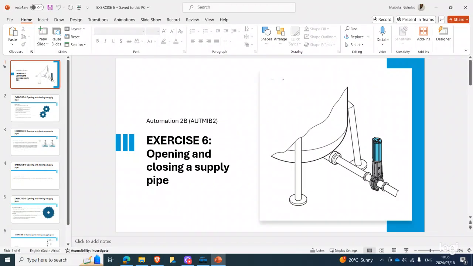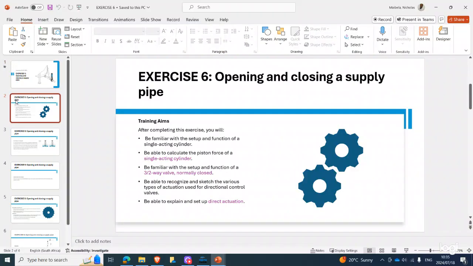So in exercise number 6, we are opening and closing a supply pipe, right? So here, the training aims of this exercise is for us to be